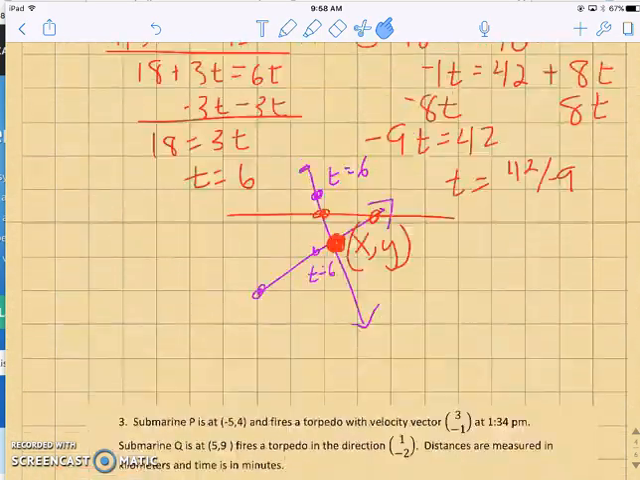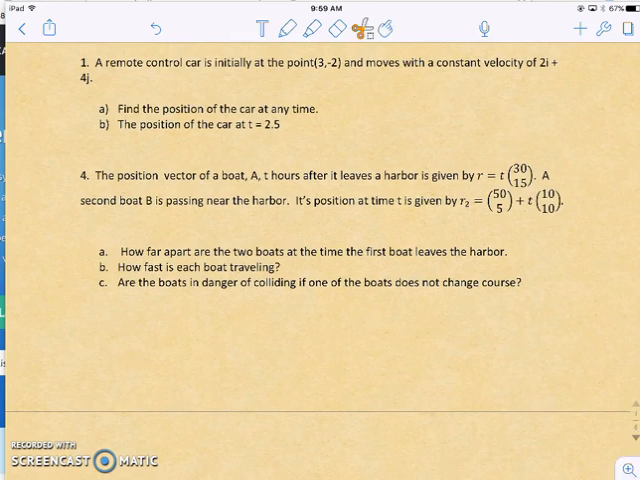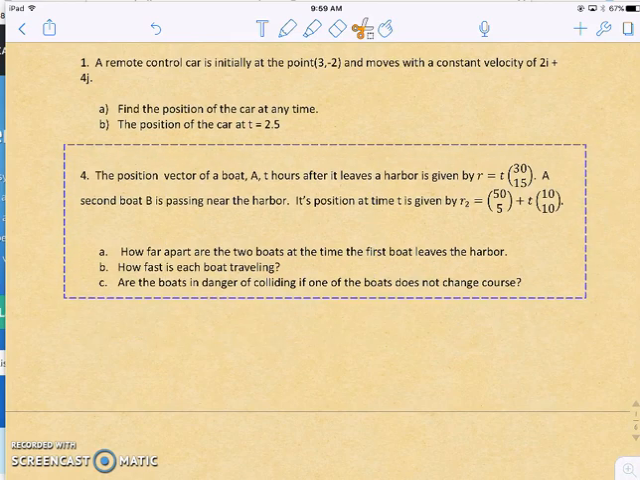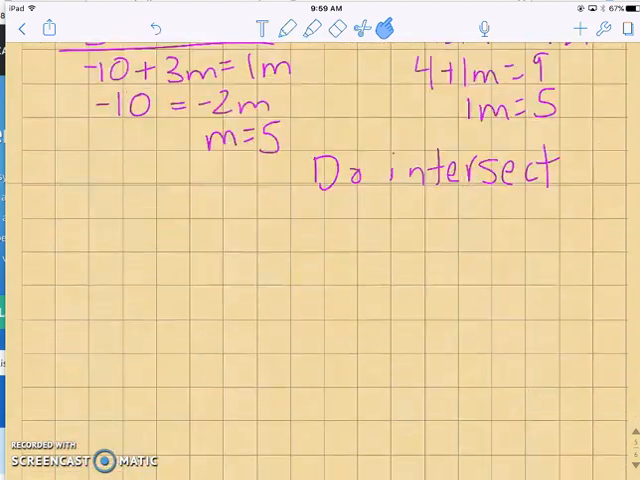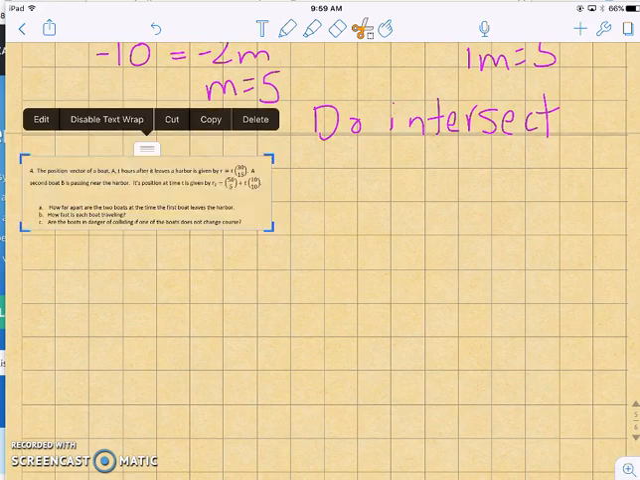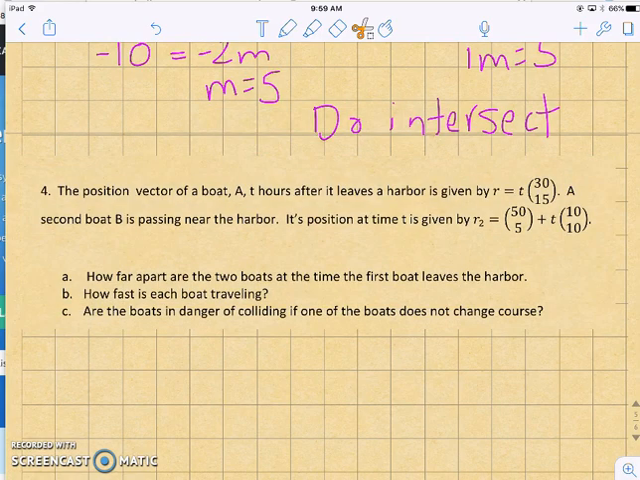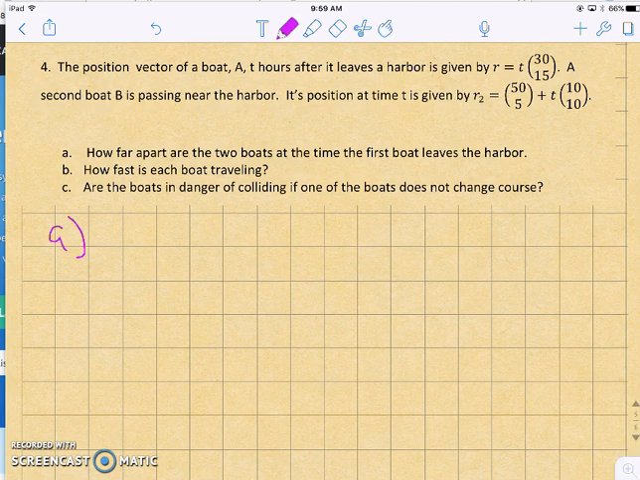So the last one that we're going to take a look at, we have a position vector of boat A t hours after it leaves the harbor, and then we have a second boat and its position is given by that. How far are the two boats when they first leave the harbor? Well, when they first leave the harbor,